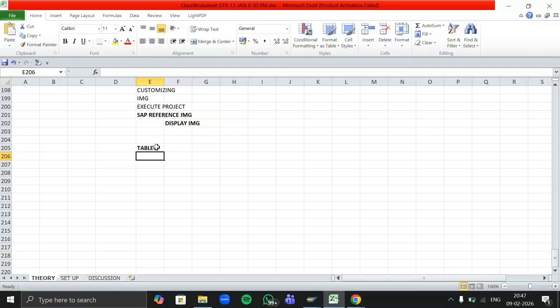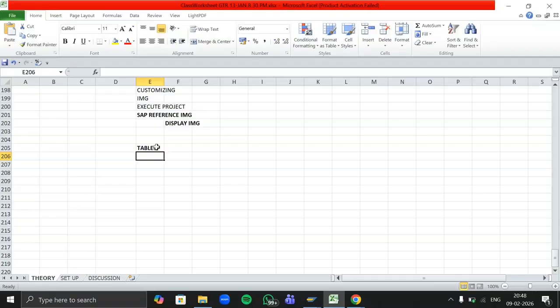Now whatever data we have stored, up to now, whatever configuration we have stored, is getting stored somewhere, in our HANA database, right? Also in our laptops, if you store any file, you store it in a C drive and a D drive, right? It will be stored with a specific name in a specific format. In the same way, whatever data you are saving in SAP is stored in a HANA database.